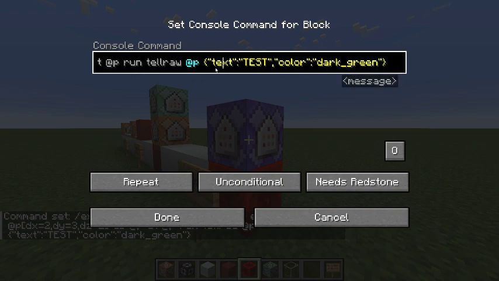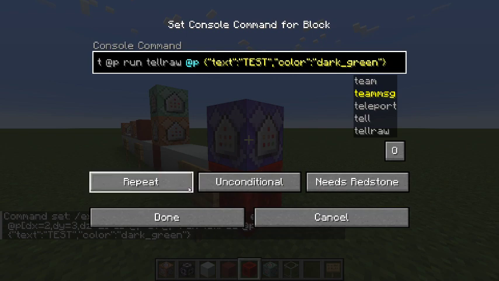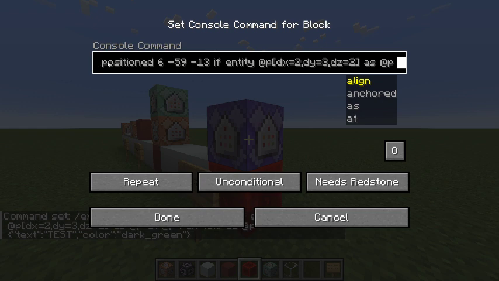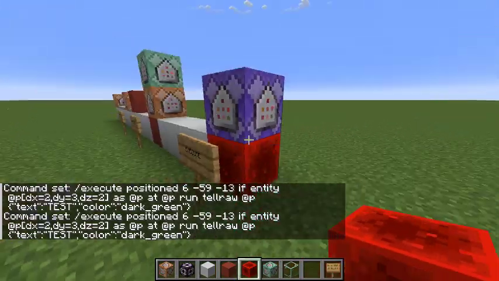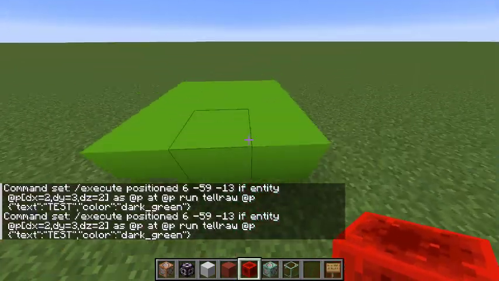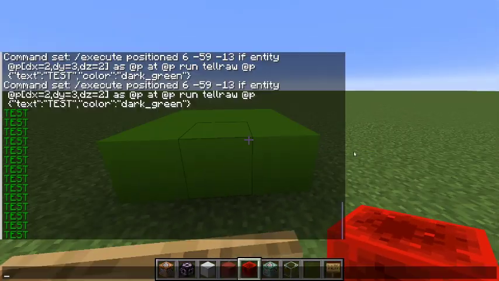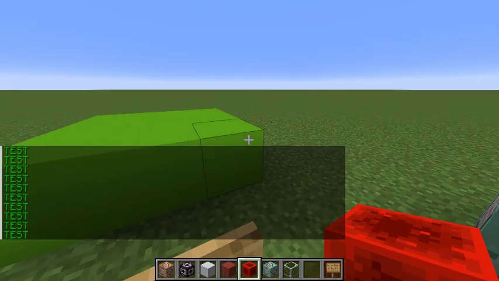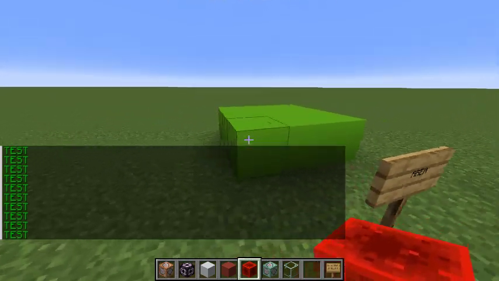And then you run tellraw this, and this essentially spams your text chat with a message every time the conditions are met. So in this case, if I go here, it's going to spam move test. And this shows that the event is running, it's working, but I actually purposefully made a mistake here,